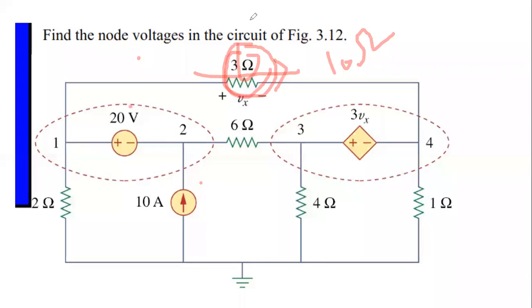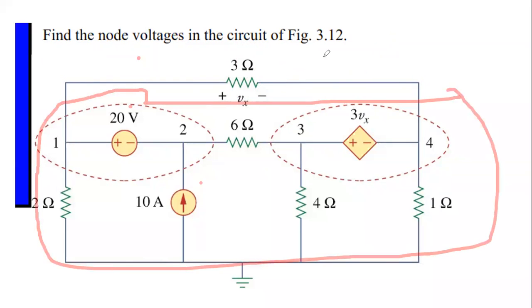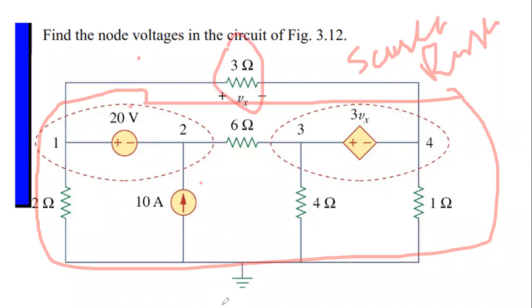But if the whole circuit, leaving this resistance, can be reduced, if this complete circuit is reduced to one voltage source or current source, one source and one resistor only, it is very easy to find the current again and again. Our purpose is just to reduce this whole circuit into one source and one resistance.